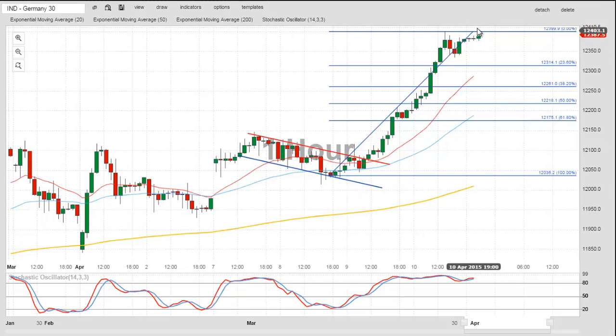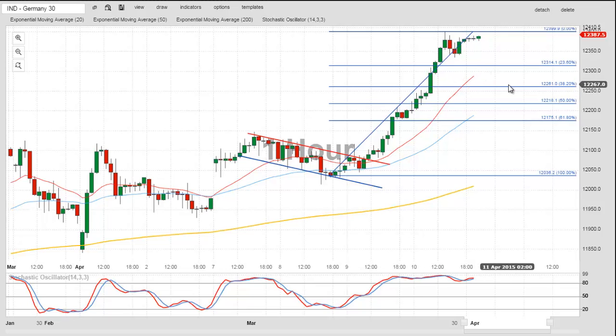If the price consolidates at this current area and then pulls back, then we would use the fib retracement from the swing low to the swing high, and then any of these fib retracement levels, 23.6, 38.2, and 50 or 61.8 would offer some logical support. But some consolidation is quite possible. So